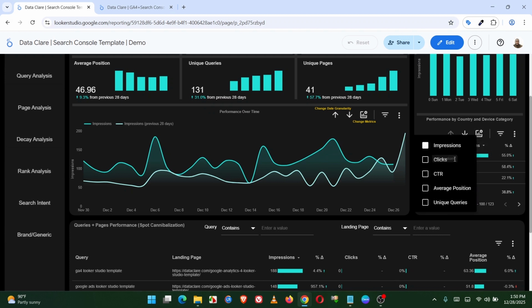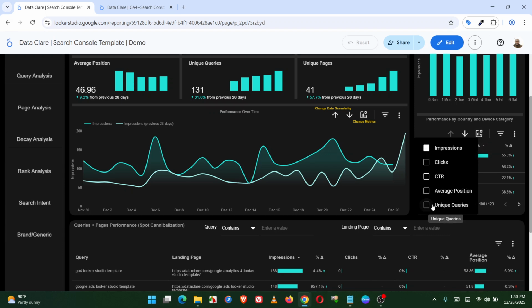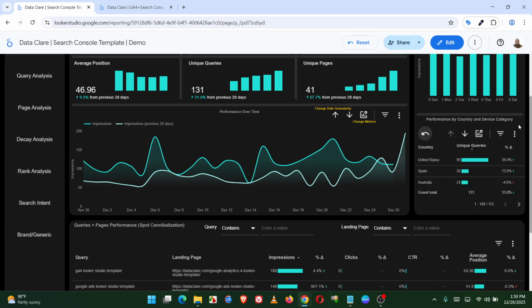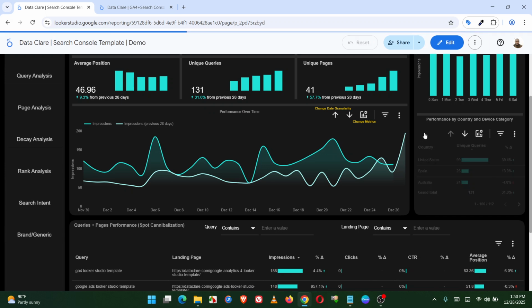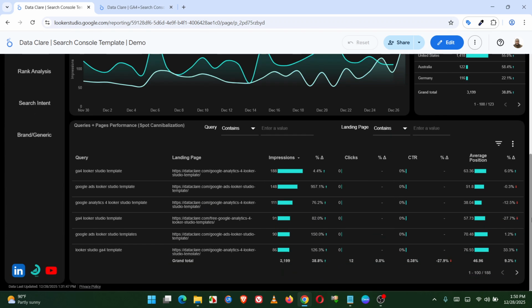So unique queries will tell you how many. Let me just click on it. So you can see how many queries a particular country is ranking for. So as you can see, there is a comparison to the previous period. So you can go back to the default metrics and dimension here, and then you have this last table here,